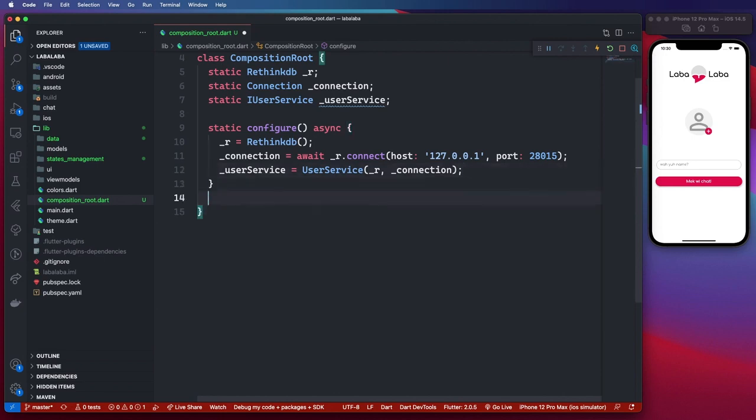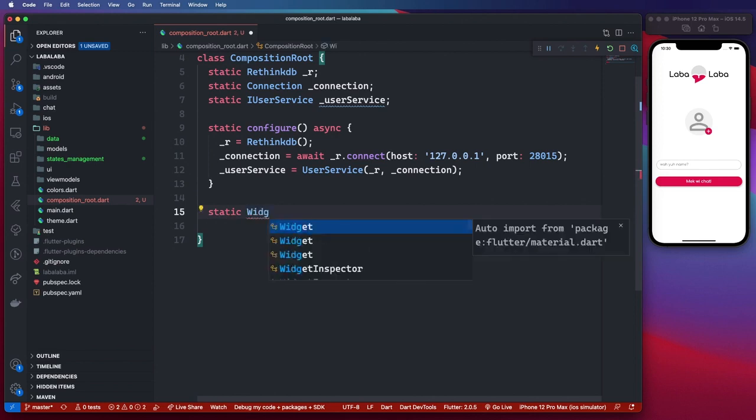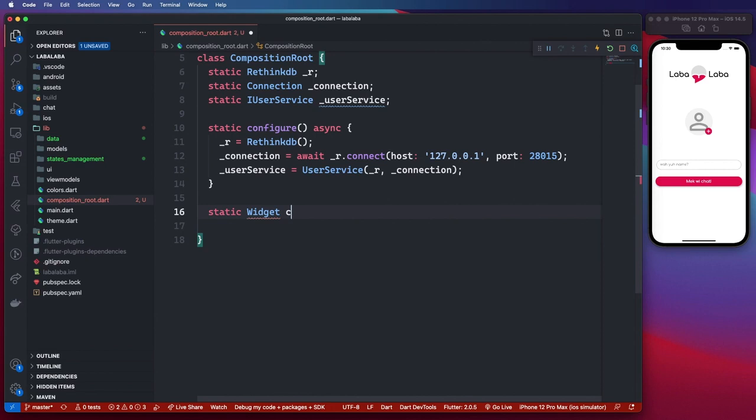So now we can go ahead and create our composition or static method that creates our onboarding screen. So in this case, we'll return a widget and we'll say compose onboarding UI. So in this method,